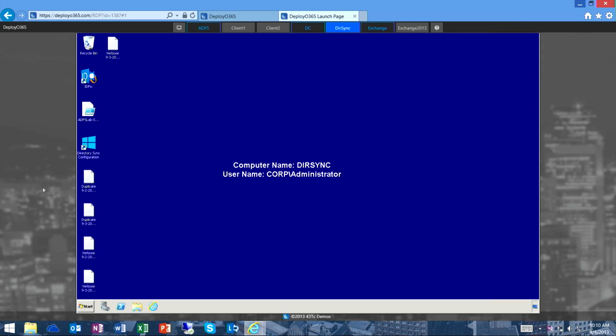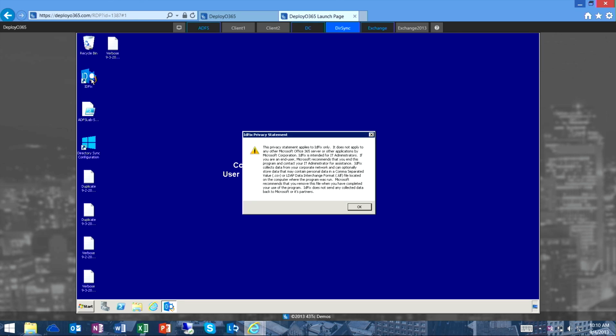Now, once that's done, I come back to my environment internally. And here I have my DirSync server. So DirSync as a tool is actually built off Forefront Identity Manager. And this is a separate server. You can't deploy DirSync onto your DC, so it's just another VM you have running in the environment. And the first thing I'm going to do now that I'm back on-prem is actually run a remediation process across my service.